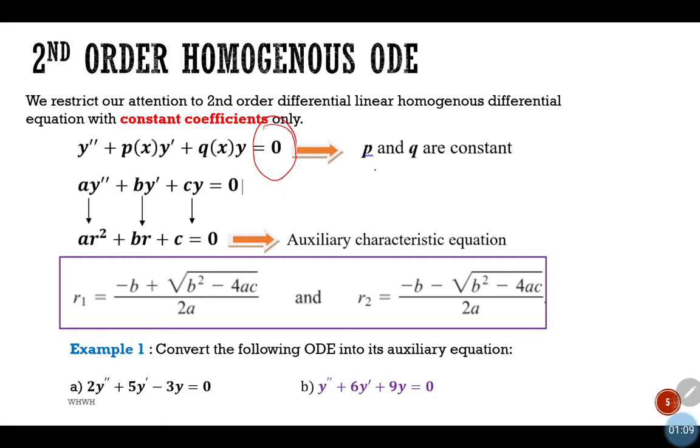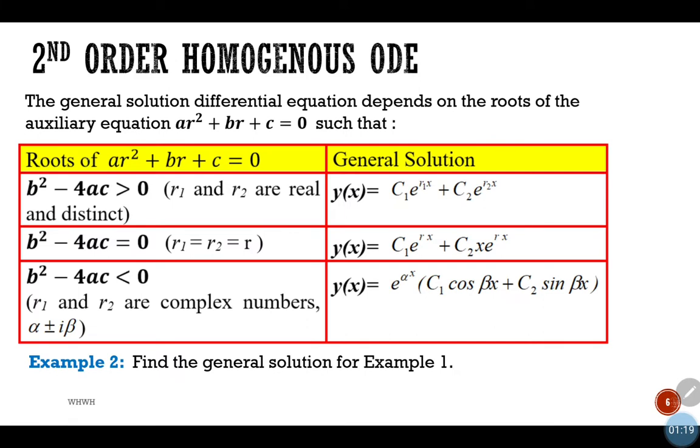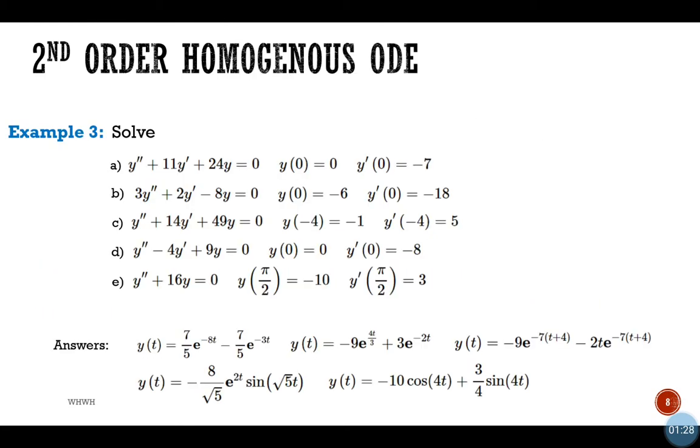And by now you know already how to convert this to its auxiliary equation, find the roots, and from there, there are three possible solutions for the second order homogeneous differential equation. We have done example 2, and in fact we have discussed example 3 as well. And I'm expecting